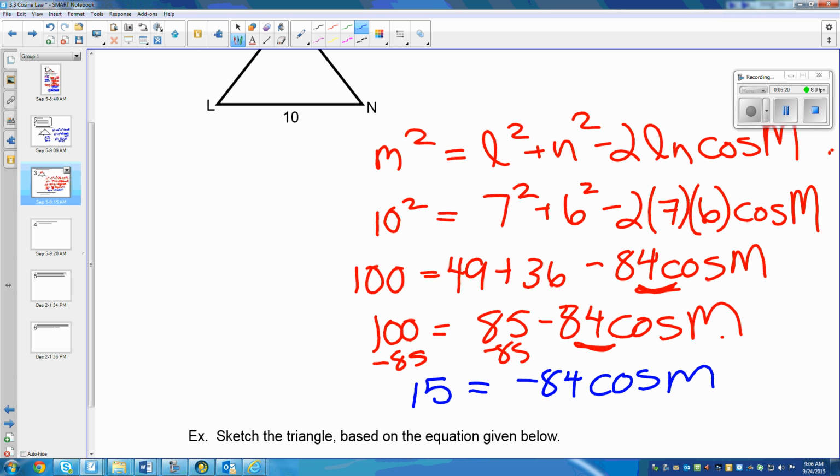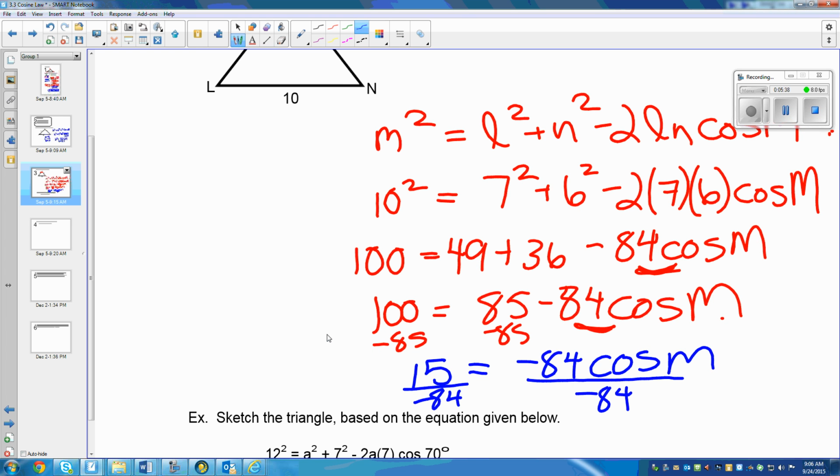So we need to divide by negative 84. So when we divide by negative 84, we're going to get some sort of decimal there, right? I don't have my calculator. 15 divided by negative 84 is negative 0.17857. Whatever number you said, make sure you write it down. What was it? 0.17857